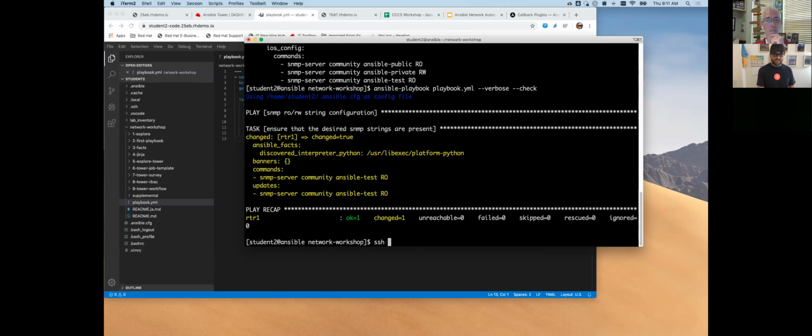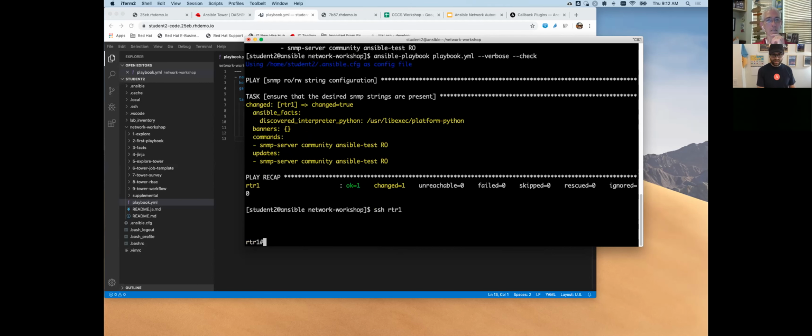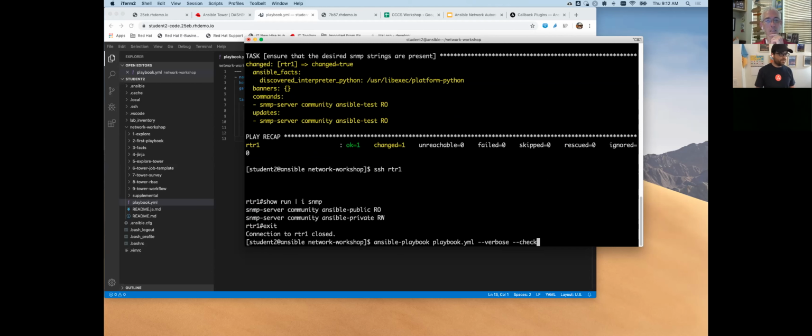So we'll SSH back into router 1, and then show run. So you can see we still just have those 2 original strings in there, not the third one that we just added. And then step 9, we'll go ahead and actually run it without the check mode and without the